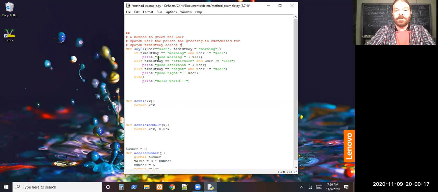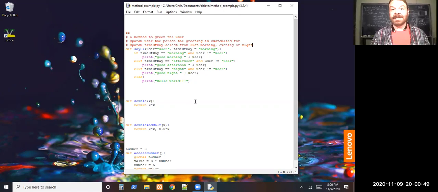I'll just put select from list: morning, evening, or night. And just kind of give out a list and describe how to use that particular method so that somebody can see it. So I'm going to save this and then run Doxygen, which has a bunch of command line instructions,